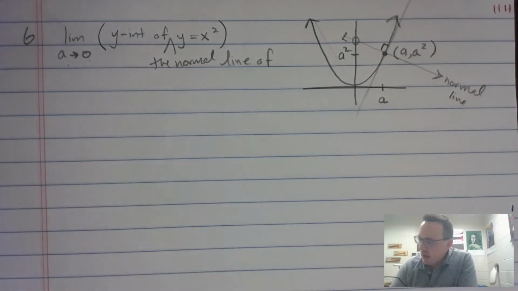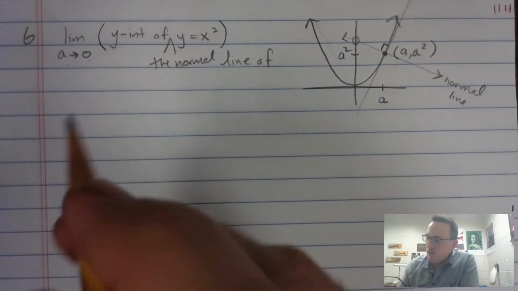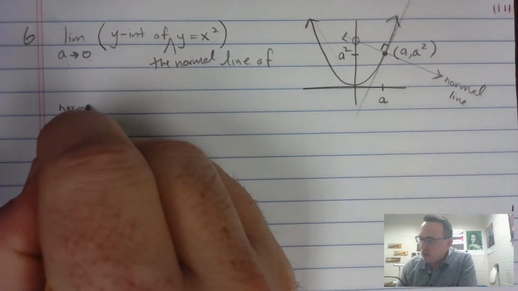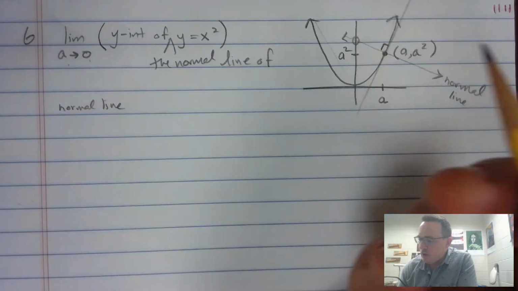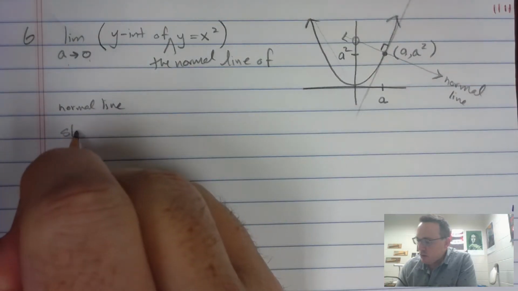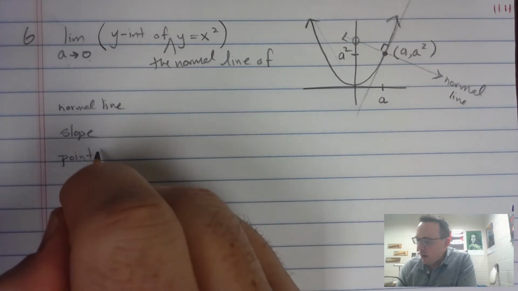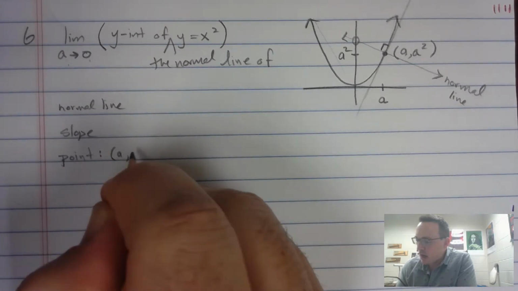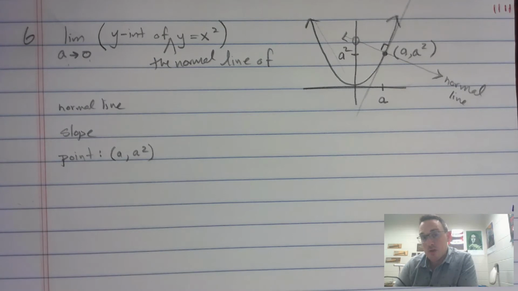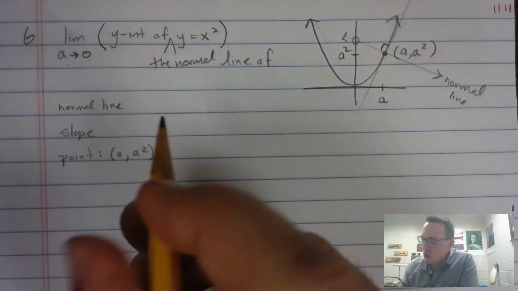Okay, well, let's see if we can construct the equation of that normal line, and then we can play around with it and go from there. All right, so for the normal line, just like for the tangent line, we need two pieces of information. We need a slope, and we need a point. Well, the point we already know. It's a comma a squared. That's the same as the point of tangency. The slope, however,